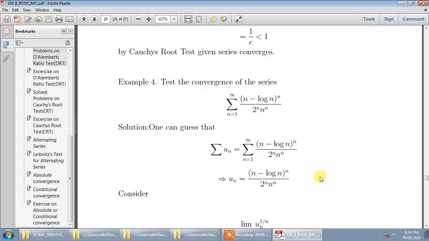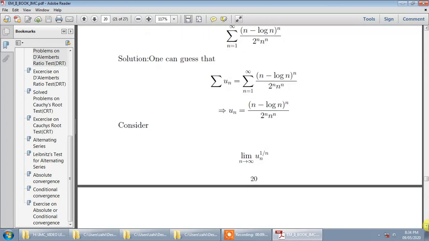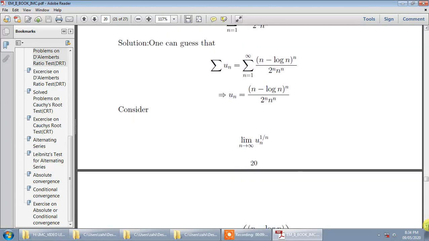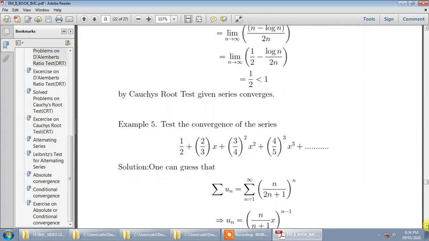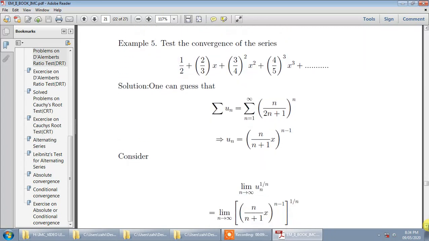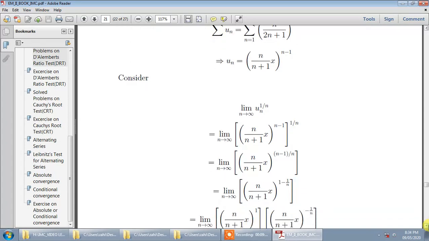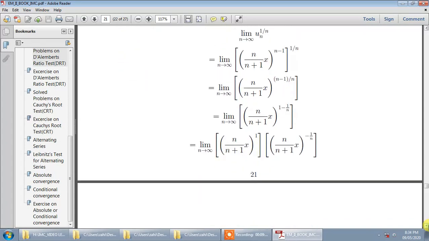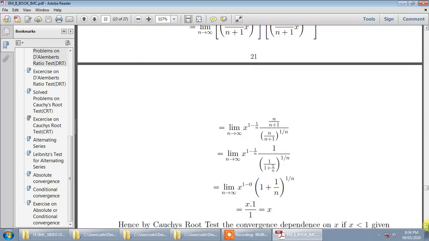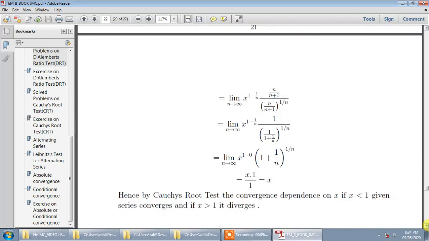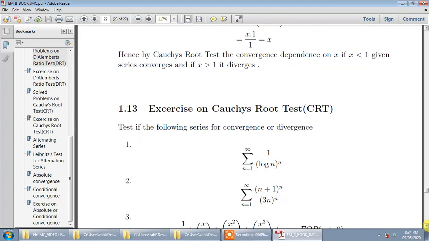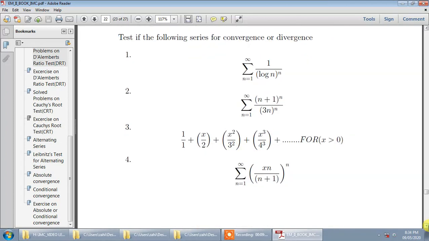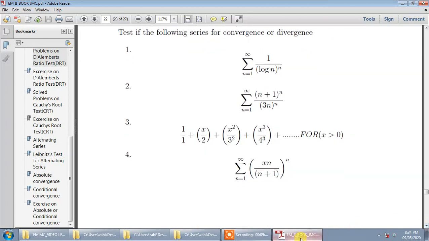So I leave this for you as a part of exercise. Okay, I have really got rid of solving this problem. This also is convergent. Okay, so we have very simple steps. All the steps are self-explanatory, so you can practice, or you can just try at home. Okay, if you have any doubt, you can contact me. Okay, this is the exercise of your CRT. Solve it at your level. Thank you.